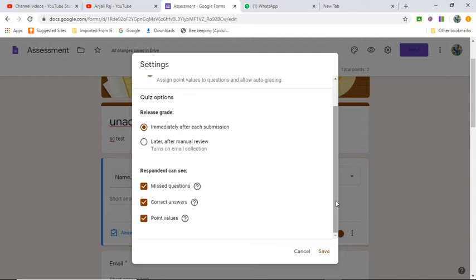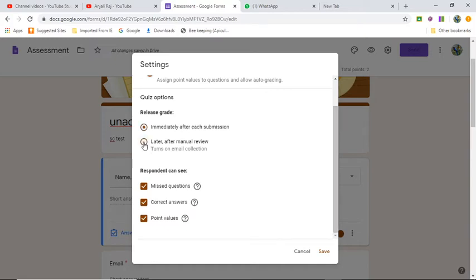So for short answer and paragraph questions, I don't think auto grading is very good. Multiple choice questions are good, but otherwise I don't think it is doing a correct justification in assessing paragraph and short answer questions.